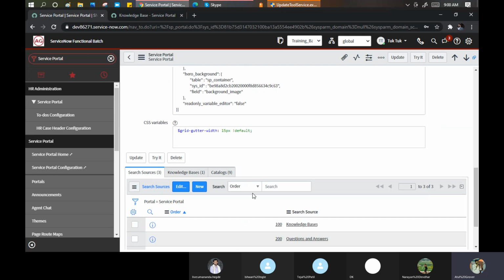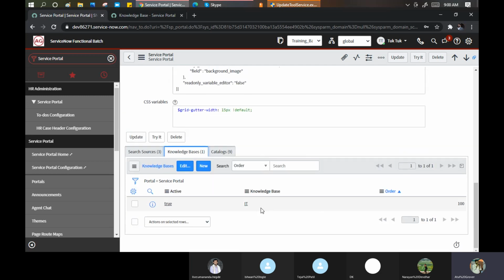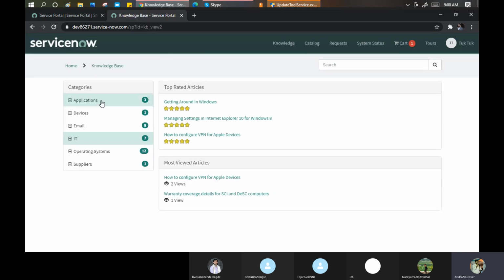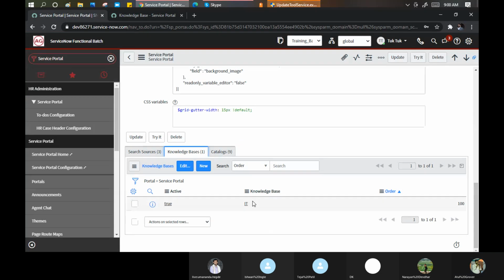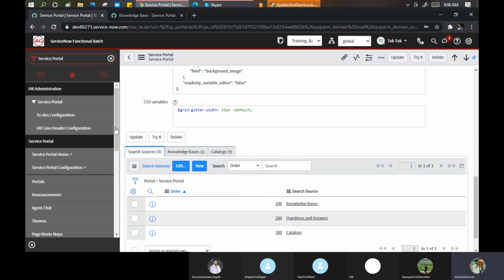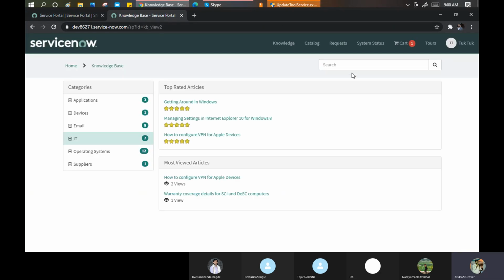I added just one knowledge base, and it brings all the categories which it has under it from IT. Don't worry, we will discuss how you can get a knowledge base as well, and we will add it here.